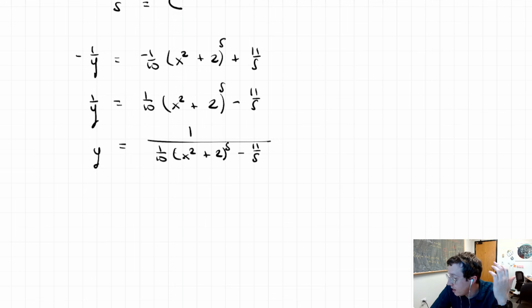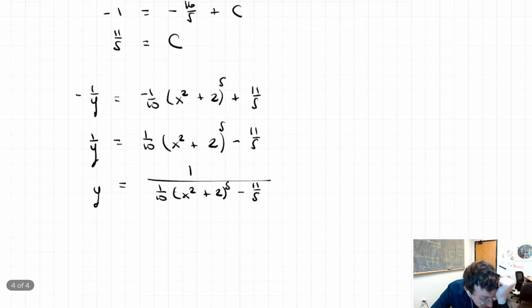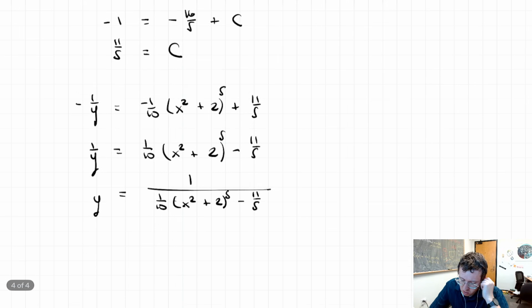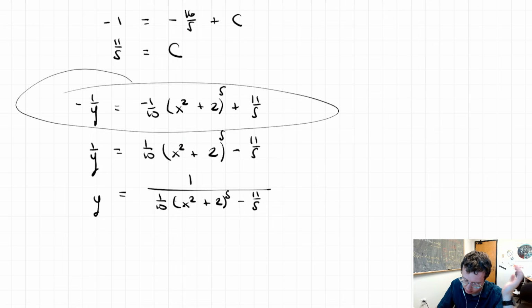Hopefully this is right now. Do I think points would be deducted if you don't simplify? My guess is no. I don't know for sure. I mean, you would get nearly all of the points, if not actually all of the points,